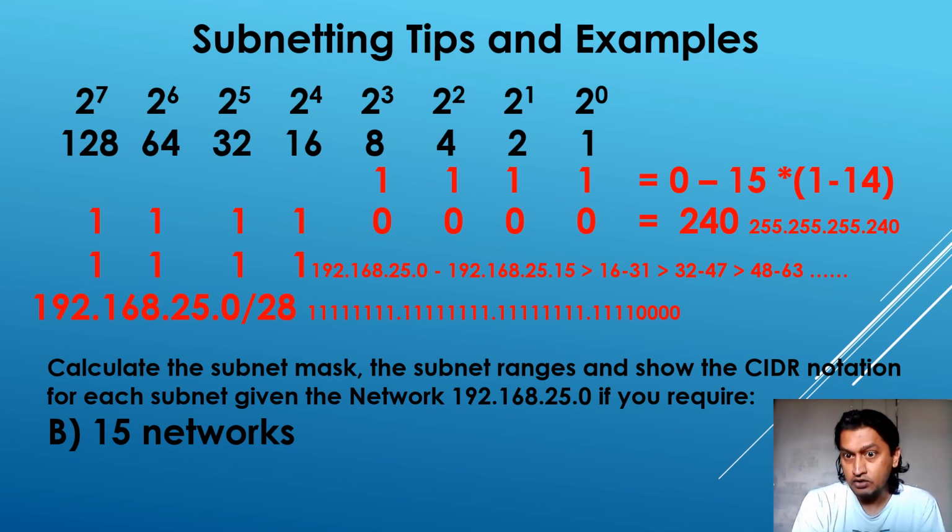So I add 16 to 32 to get the start of the next range, and that gives me 48, which means that range from 32 ends at 47. Next one is 48 to 63, etc., until you get to 255. Obviously, I didn't have space to show all of those, but it's relatively straightforward. In terms of CIDR notation,